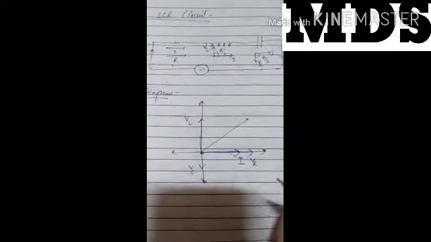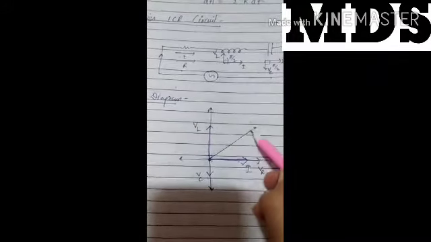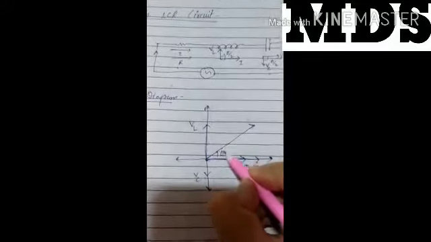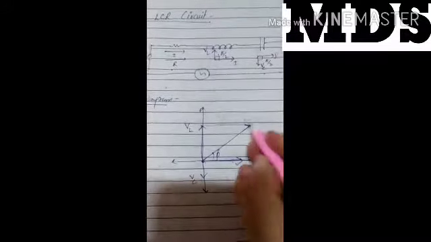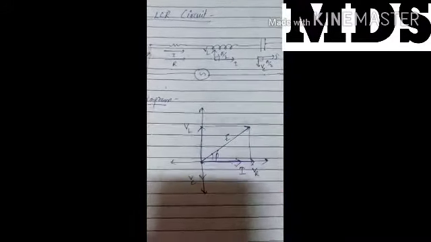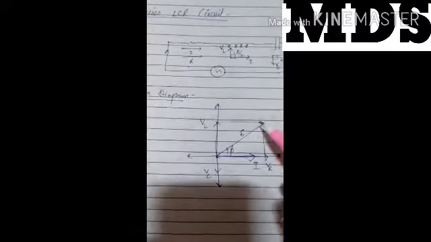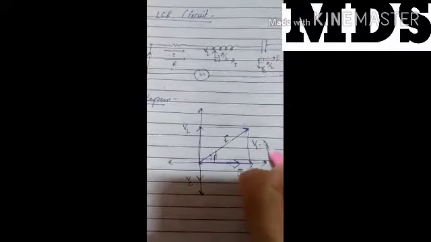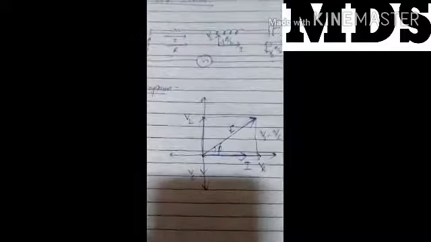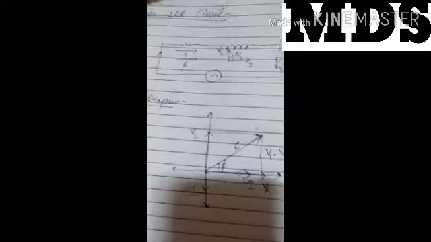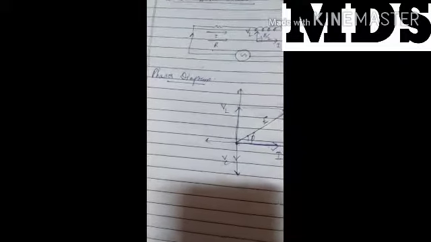Clear now? As we take the resultant of these, it will act in that direction, along the phase difference phi, and we indicate it like this. This will be our total voltage, which we indicate with V. Taking VL minus VC, and then VR, the resultant will go in this direction. Clear now? The voltages are VR equal to IR, VL equal to I XL, and VC equal to I XC, where XC is 1 by omega C.